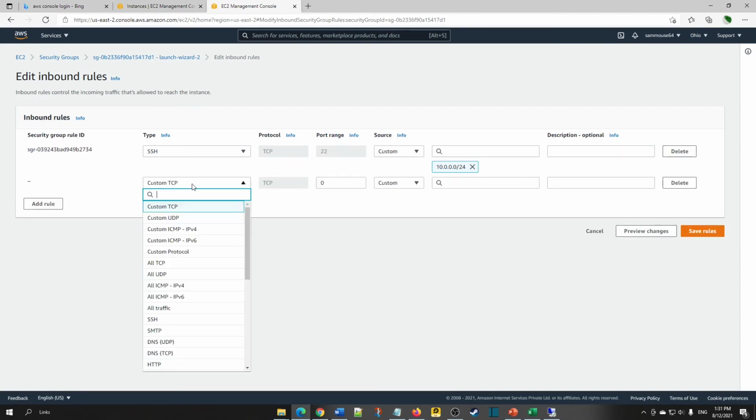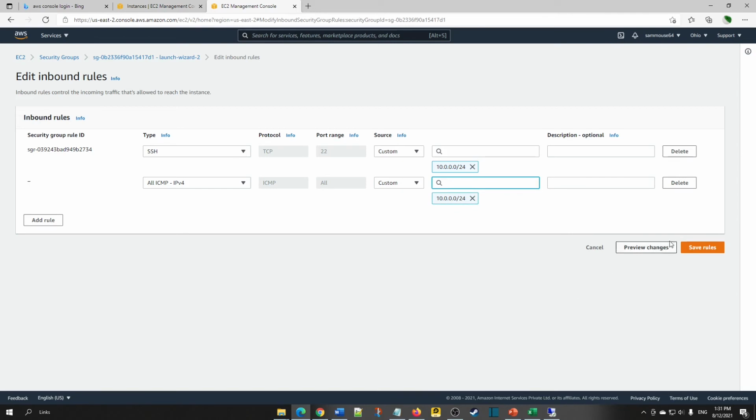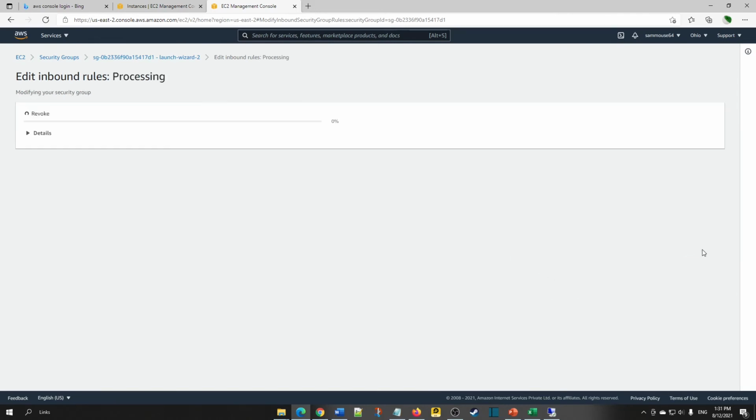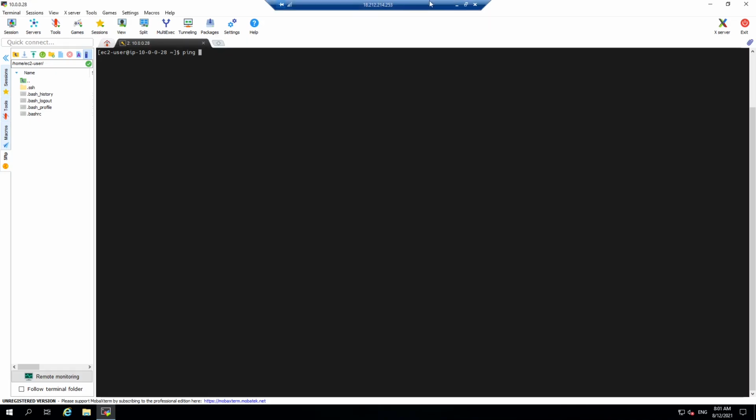Click on add rule, choose all ICMP. Just type ICMP and you will get all ICMP IPv4, and the IP should be our dev account IP, the dev VPC range IP. Click on save rules. So this should be enough, we don't need to change anything. Now if you go back and click ping,